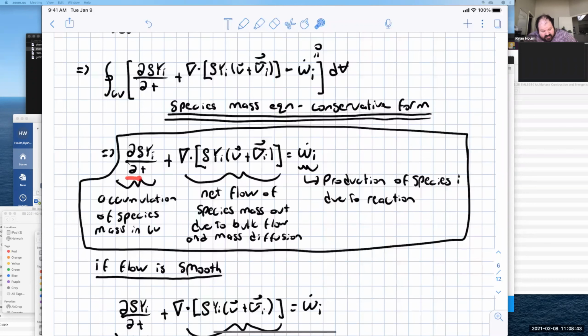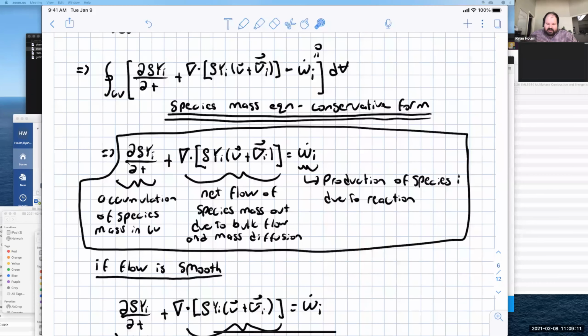This term here physically represents the accumulation of species mass inside of the control volume, and this term here represents the net flow of species mass out due to bulk flow and mass diffusion through the boundary of the control volume. Okay, and so this here is the species mass